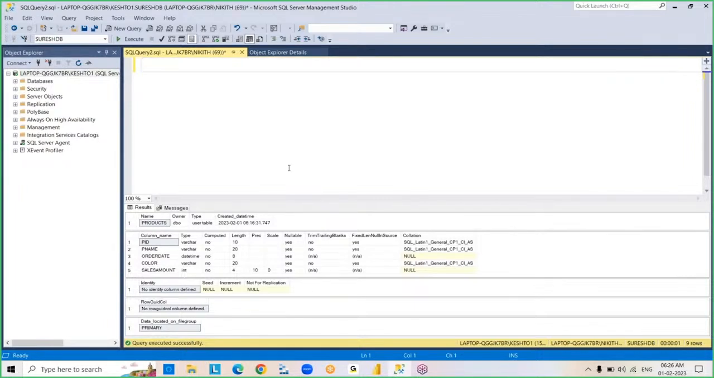So you create a table in the beginning. After that, you just added new columns to the table and dropped a column, changed the data type of a column. So different types of operations you performed. Right? And so now